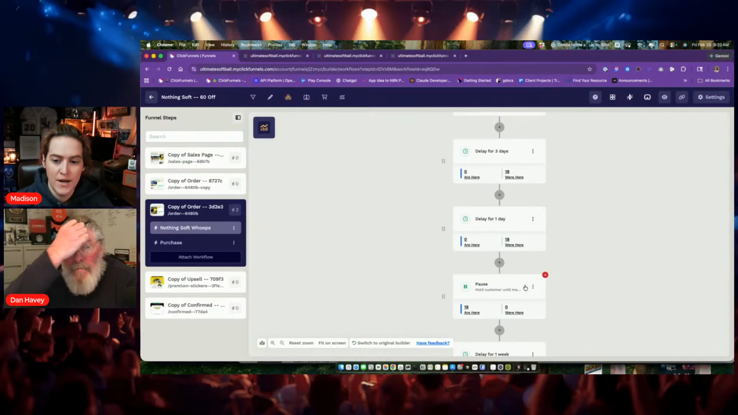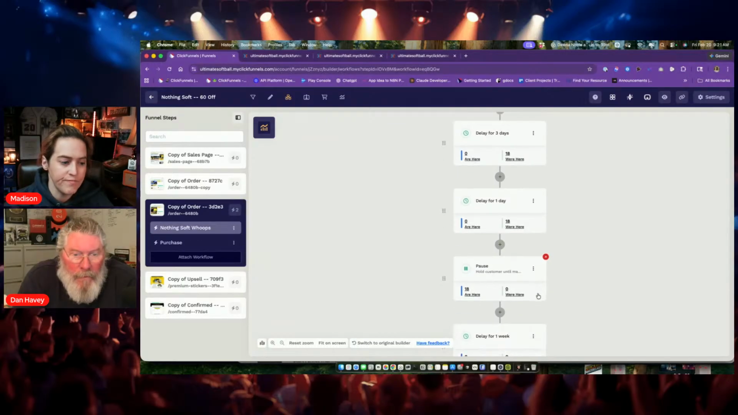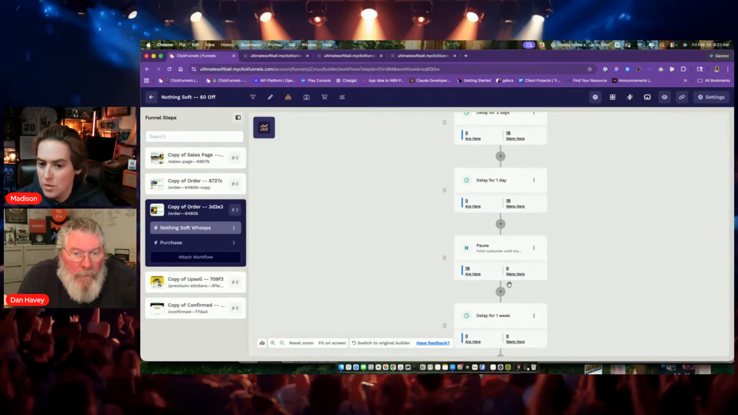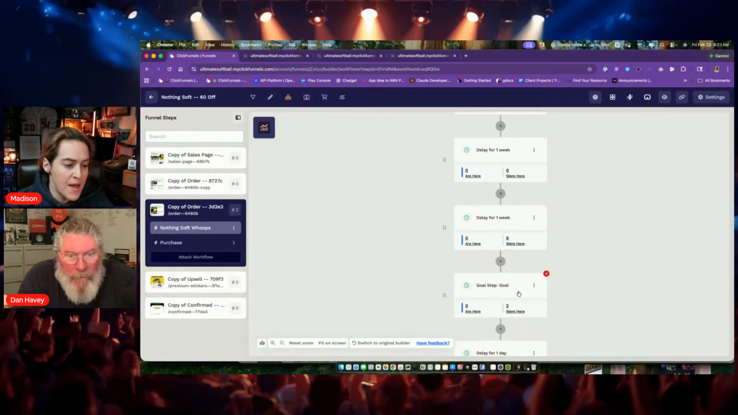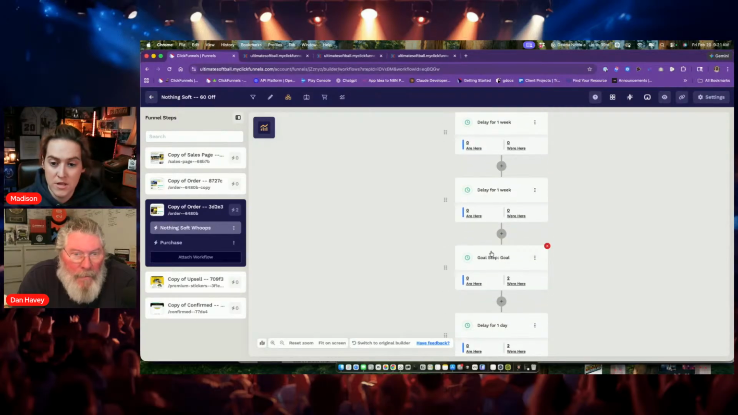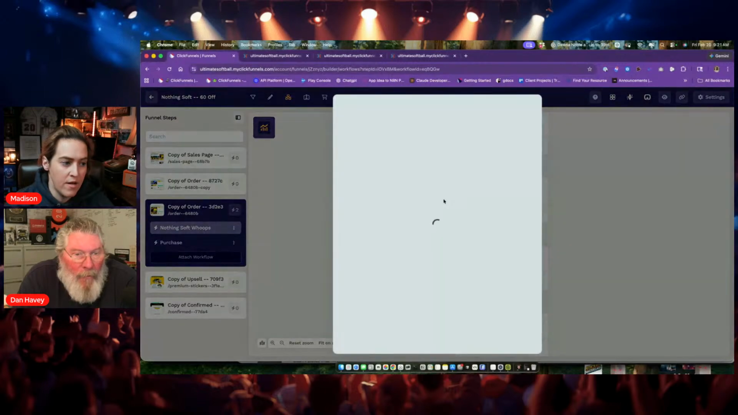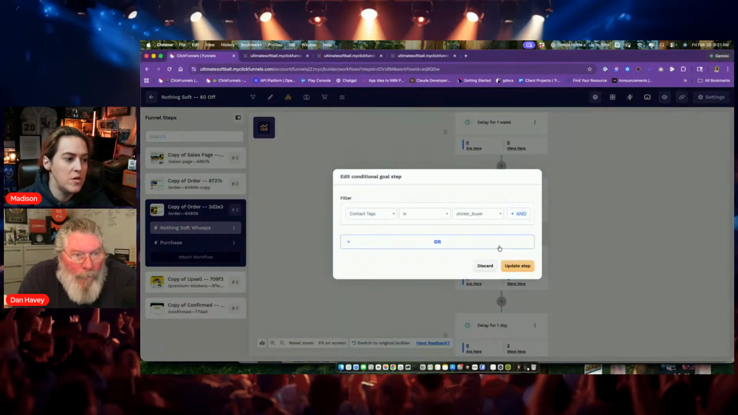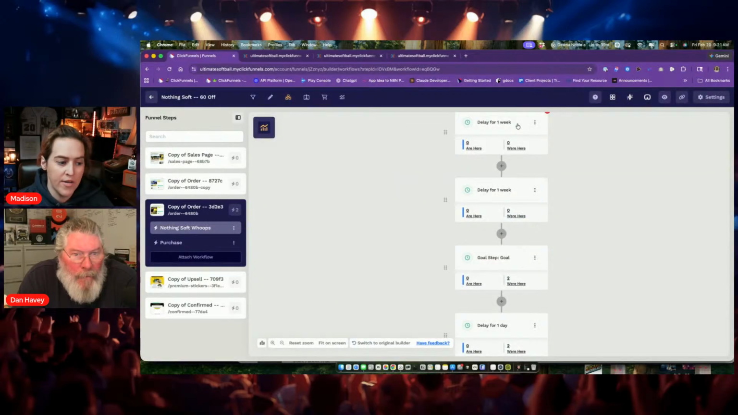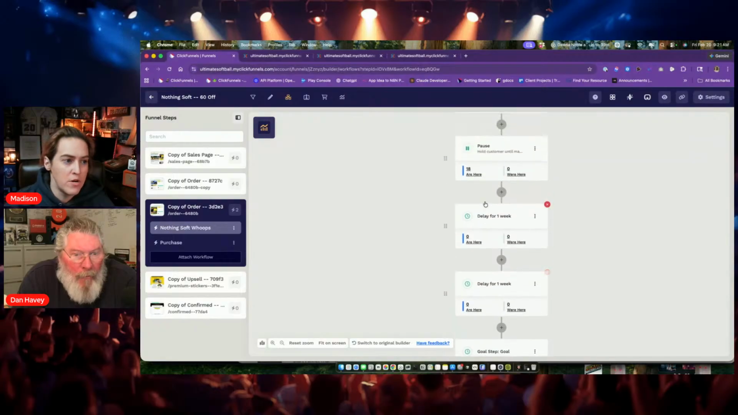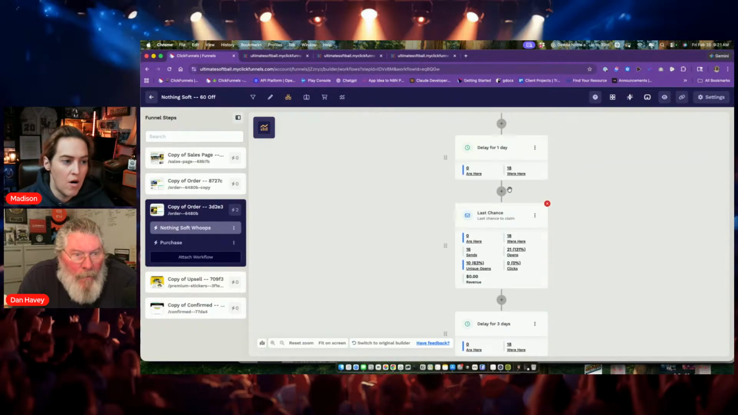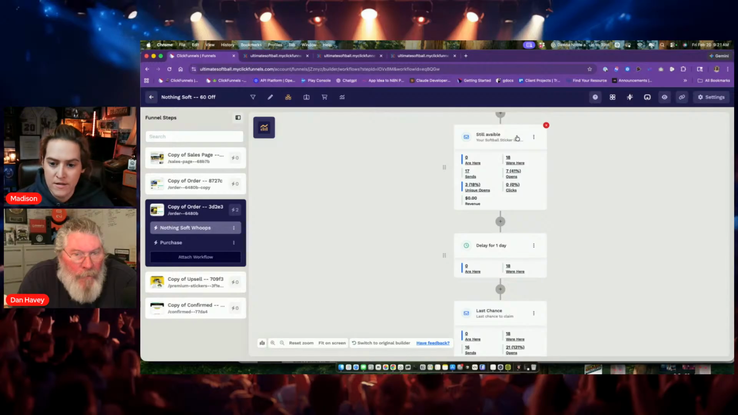And then at this point, if they've not bought, they're just going to stay right here, and I could trigger another workflow or different things like that. The magic comes in with this goal step, which means when this tag pops up, it automatically pulls them from wherever they're at in this workflow down to here, meaning they're going to jump through and skip all of these emails in this sequence,